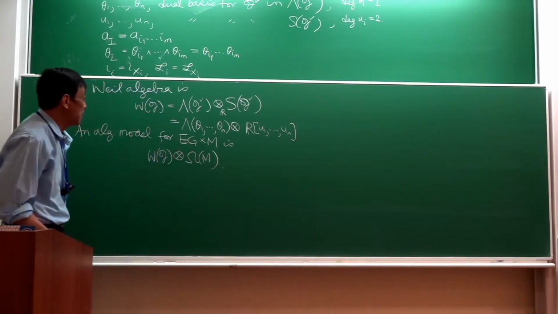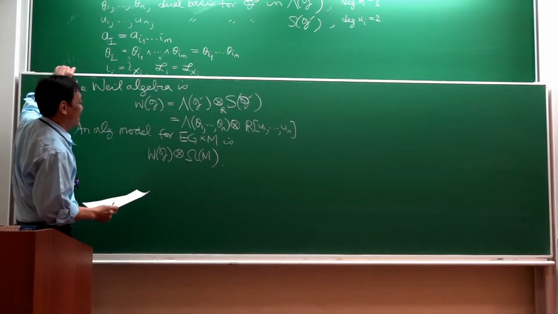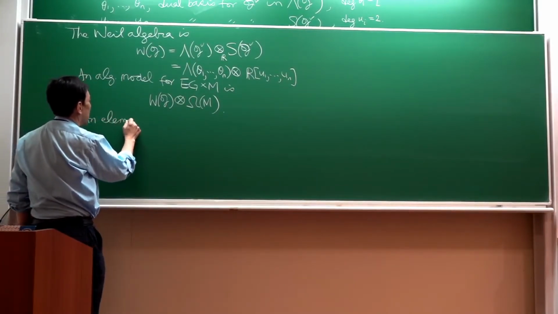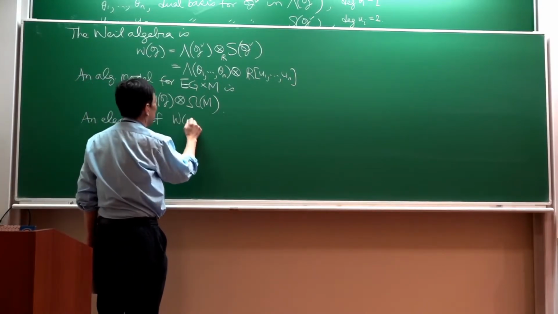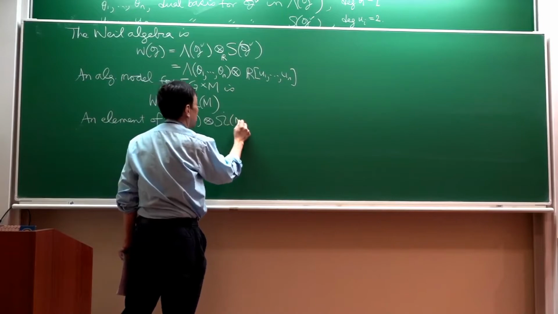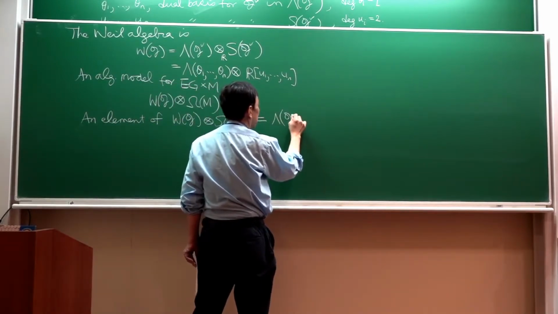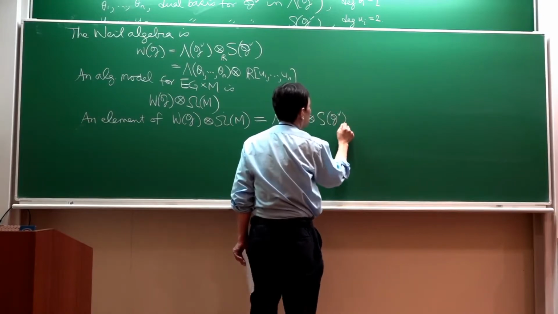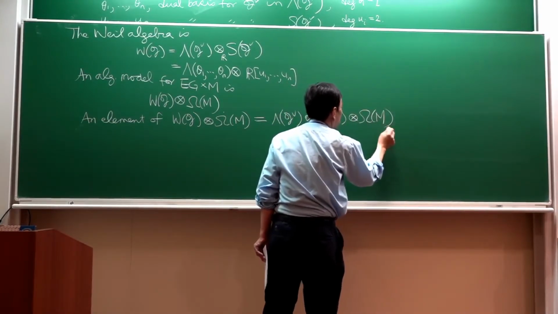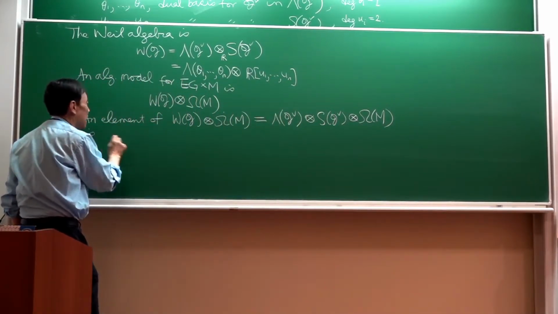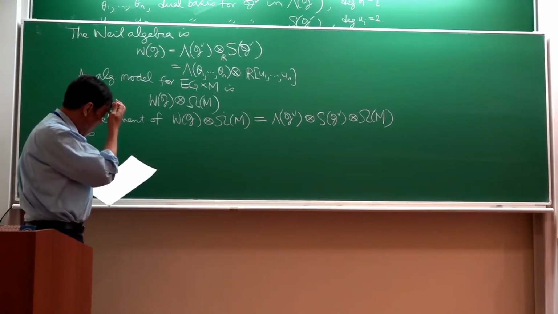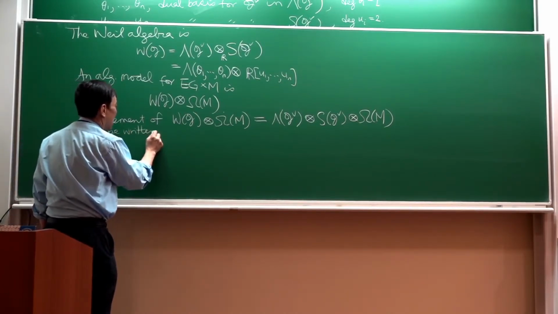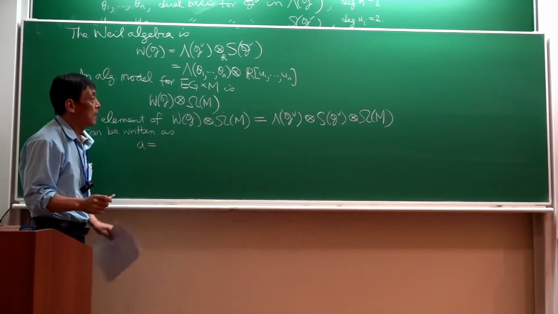So the tensor product, that's an algebraic model for EG cross M. And an element of this algebraic model, which if you write it out is lambda g dual tensor with S g dual tensor with the de Rham complex, so an element in this algebra can be written as A is equal to, okay,